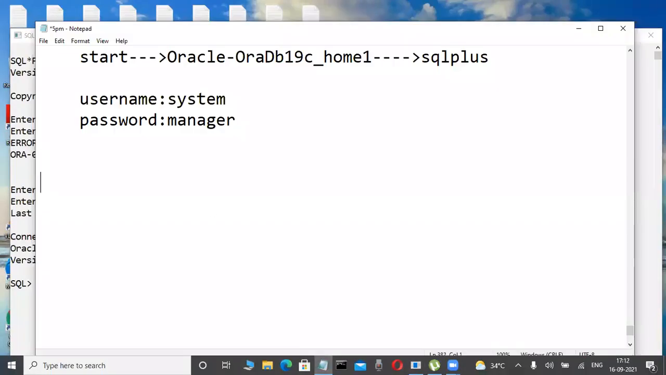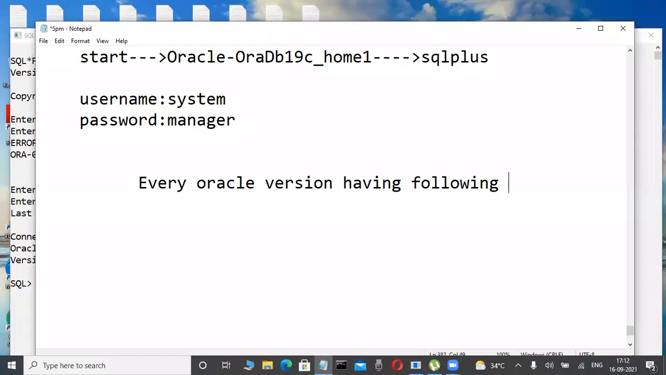Next para, write it. Every Oracle version having the following editions. Four editions are there, but two editions are available outside. Following editions. These are